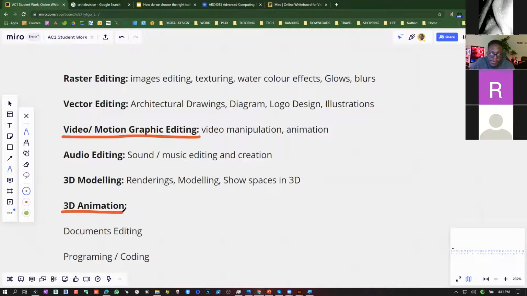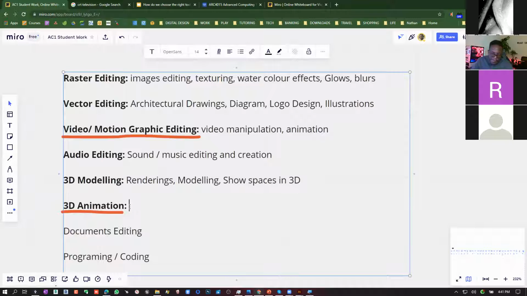Yes, I only know of a few. I know that 3ds Max is one, you have Maya, and then Blender. Those would be the software you use, right? But before we get to software, we're really just trying to figure out what we use it to do. So we could say